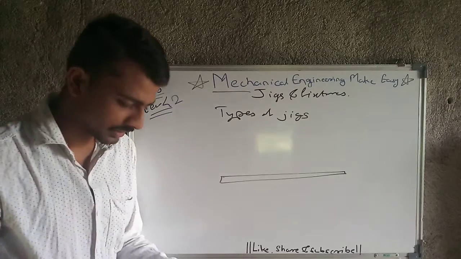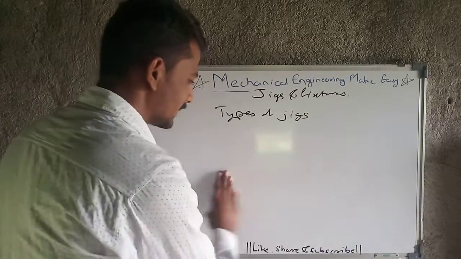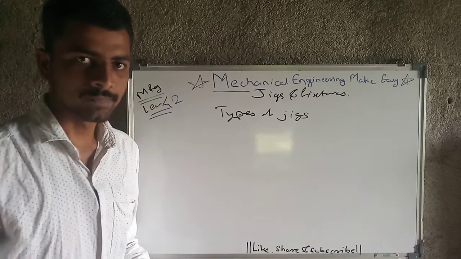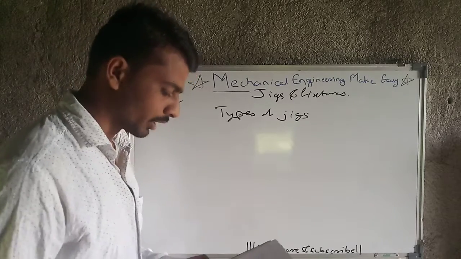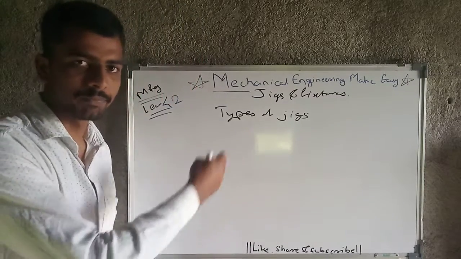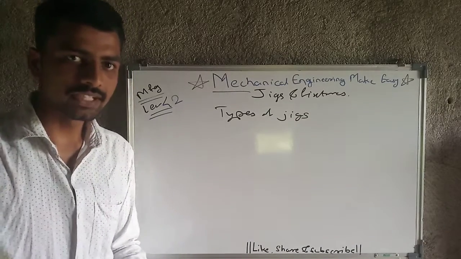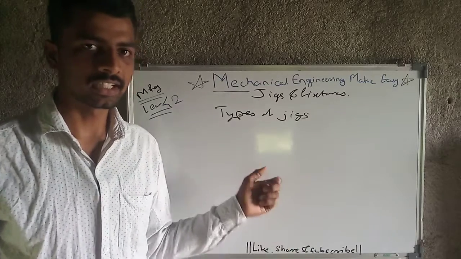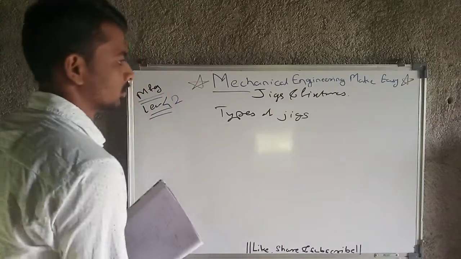Likewise, next is the turnover or table type jig. That jig itself will have a structure like a table, and that table will fix the workpiece and guide the tool. Likewise, then next is box type, then solid type, angle plate type. Angle plate type means the angle plate shape will be used to guide the tool. According to our operation, the names are given to different jigs, and that is nothing but the types of jigs. Now we will take a look at types of fixtures.